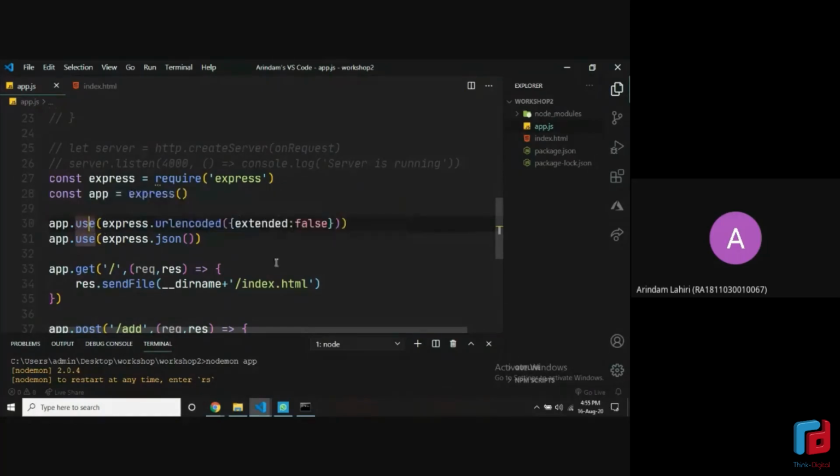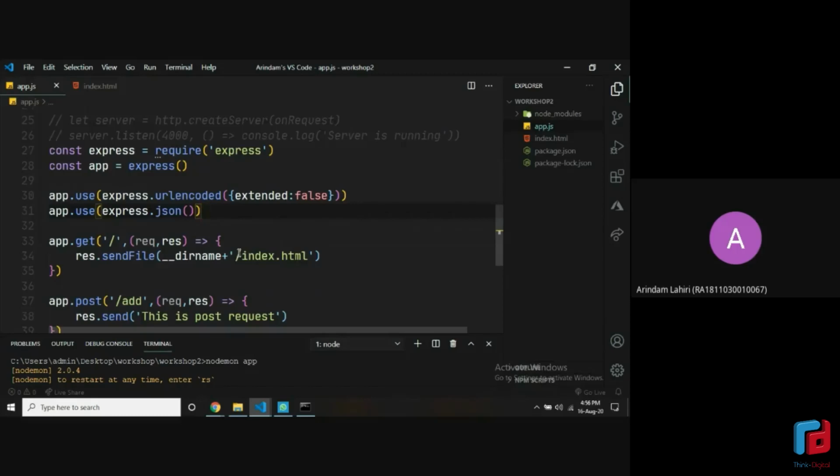So this part of the code runs before the request is handled by the server. Similarly, this also does the same thing. In very basic terms, what these two lines of code are doing is, when we are sending information from the form back to the server, we want it to be in a readable format. We want the server to know what is written.